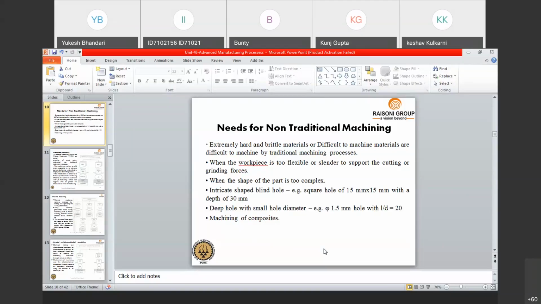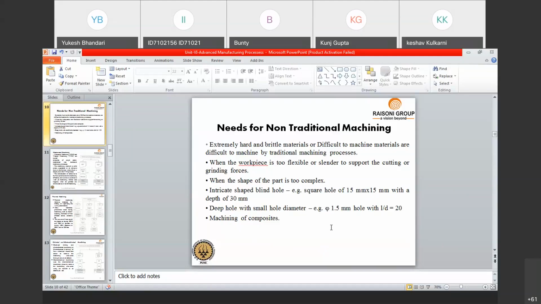Suppose that product will be used in aerospace or any rocket, or any thermal boiler, where you must follow close tolerance, otherwise there may be a huge accident. So in all those cases, when we need to maintain a very close tolerance, and at the same time the product is very complex in shape and design, for all these cases, we use